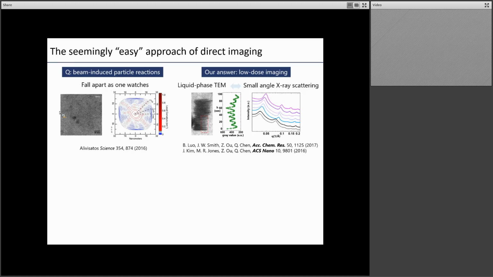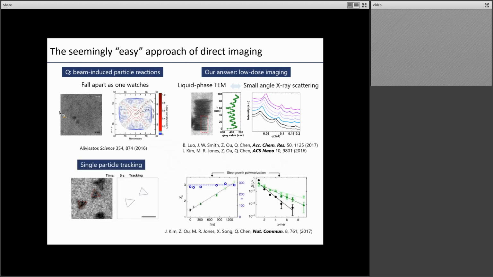nanoparticle reactions. So with this complication understood, in the recent self-assembly work of ours, as shown here, we were able to track single moving nano-sized particles in solution, resolving both their positions and orientations, as shown in this movie. And in this example, we found that self-assembly follows the quantitative laws of molecular polymerization, such as step-growth polymerization. Building upon this work, what I'm going to show you from now are two unpublished systems,